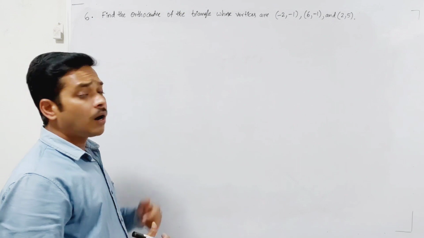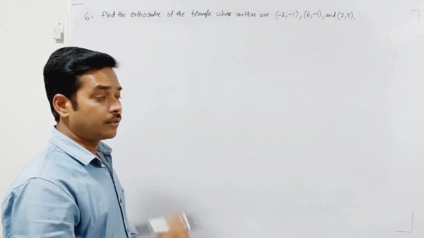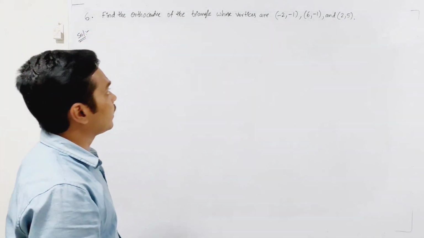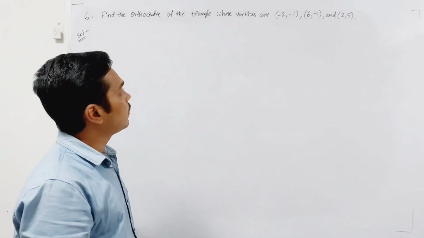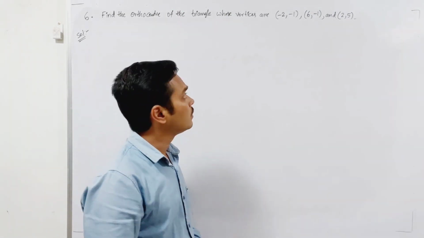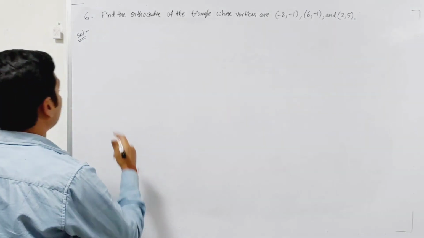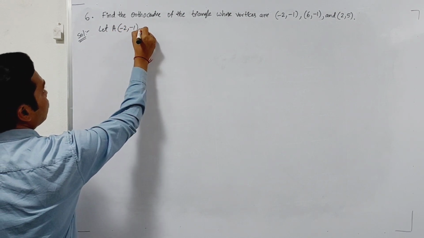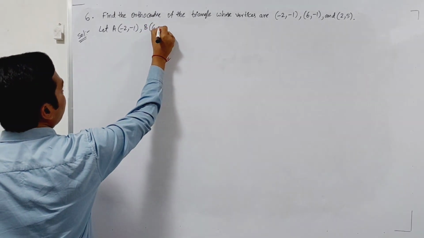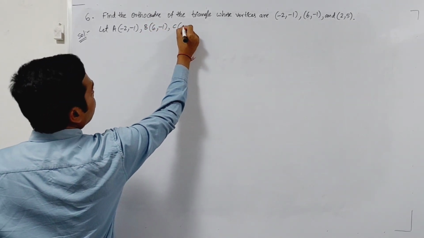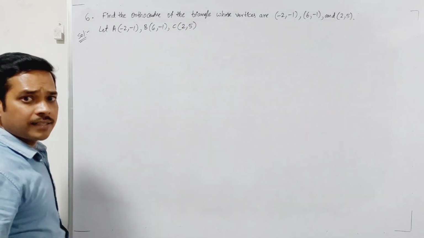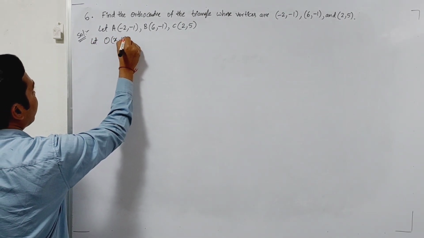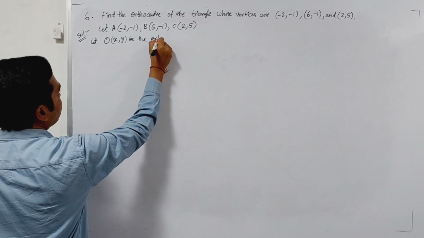Now, the third problem on the orthocenter, by using the third method. The given problem is: find the orthocenter of the triangle whose vertices are minus 2 comma minus 1, 6 comma minus 1 and 2 comma 5 by using the third method. Let A minus 2 comma minus 1, B 6 comma minus 1 and C 2 comma 5 be the three vertices of the triangle. Let O x comma y be the orthocenter